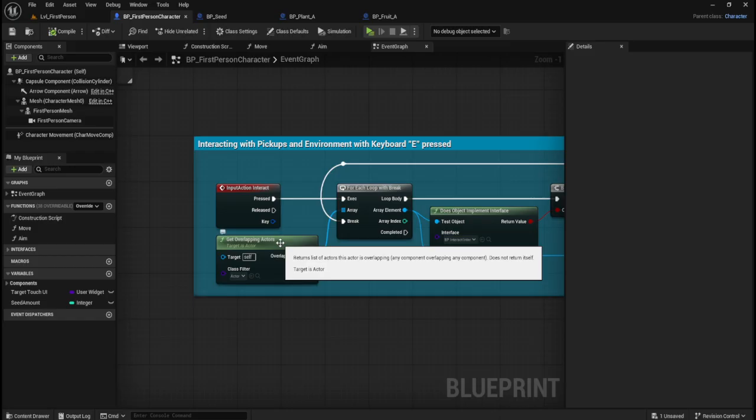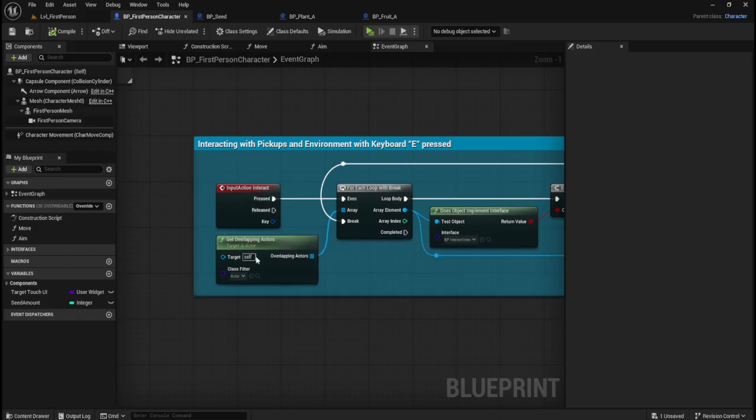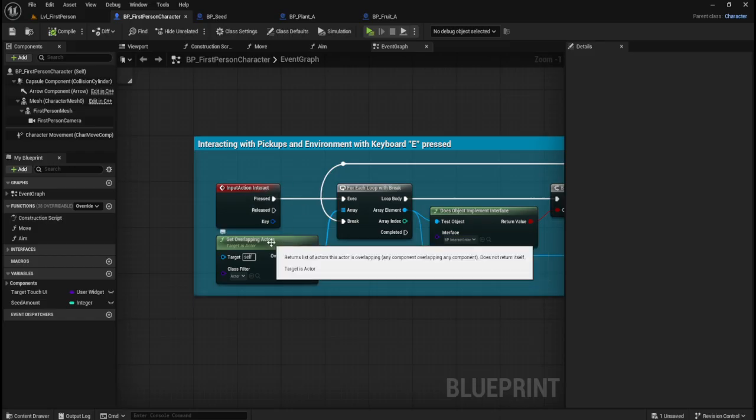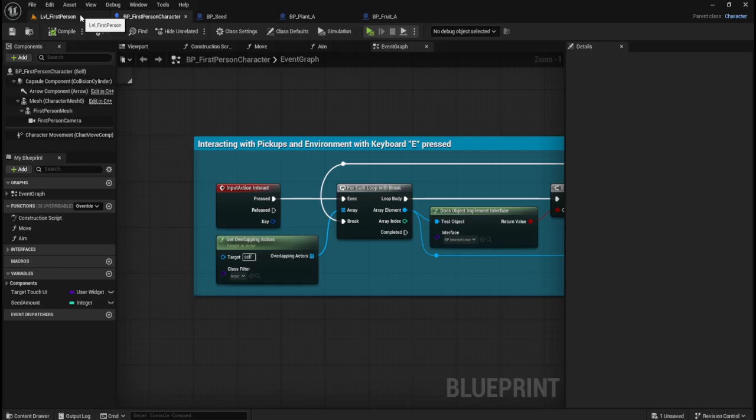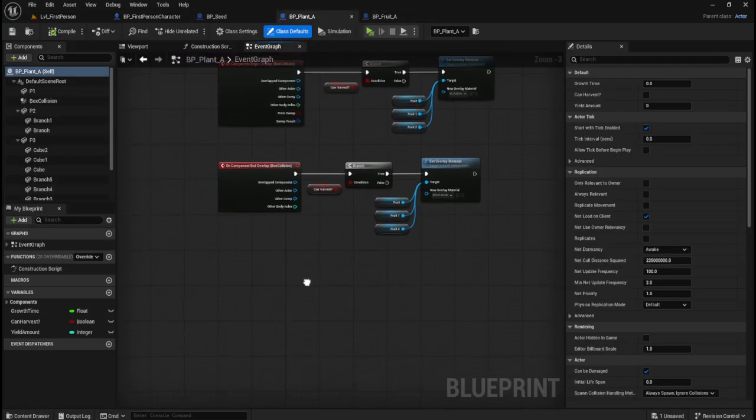So this will only work if we're overlapping with a component or actor. So that's fine. So in here,